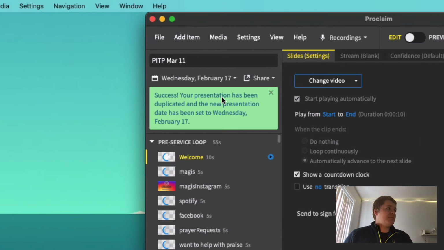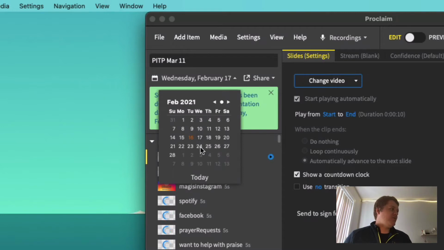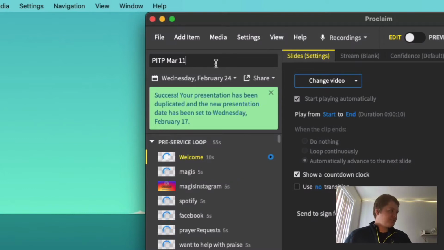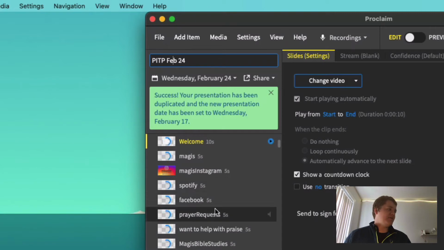Here you can see that the presentation date has been set to February 17th, but we actually are going to be presenting on the 24th. So you can click this little date picker and pick the 24th or whatever the correct day is. Also, one of the first things is we want to rename this to the correct date, in this case, February 24th. As this goes and downloads, you'll see these little blue spinny things, and it will just download everything for